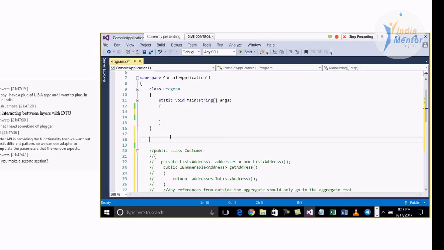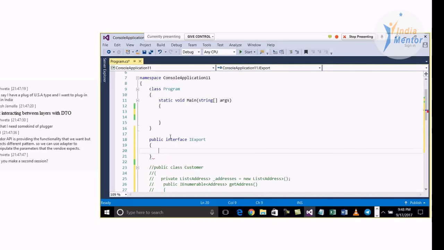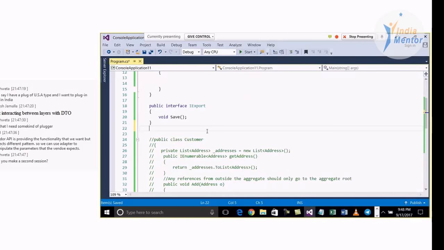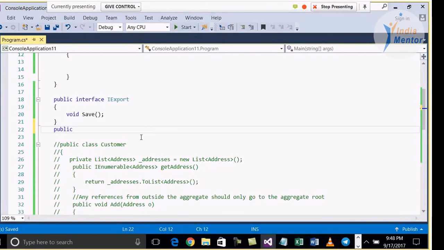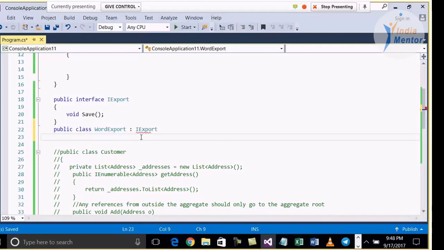to PDF, export to Word, export to a lot of things, right? This thing is going to get consumed in a lot of places. So you create an interface, IExport, and you say to all of your developers, whenever you create an export functionality, like export to PDF, you should always implement this interface. So you will say public class WordExport. If you are having a Word export, please implement IExport,